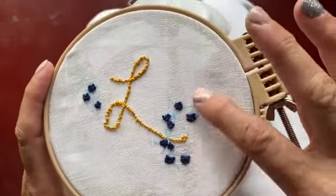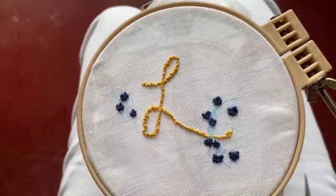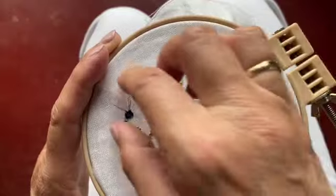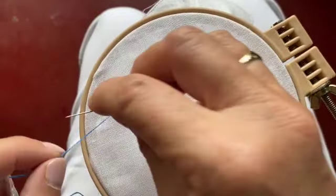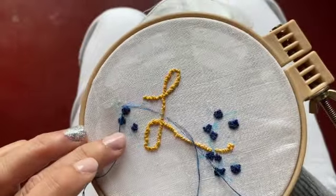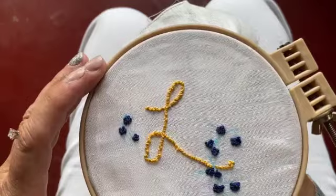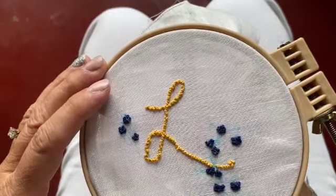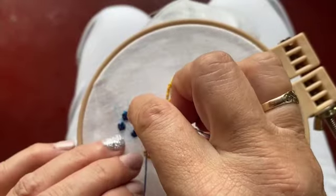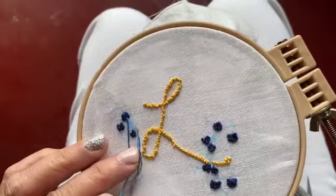And now we'll add 1 more color to it to round it out. So when working with any color combinations, especially when you're working with things from nature, there's always what I like to call a bright spot. The light bounces off of it. So I'm actually just going to put a couple little single or double French knots in each one of them, partly to round them out even more,